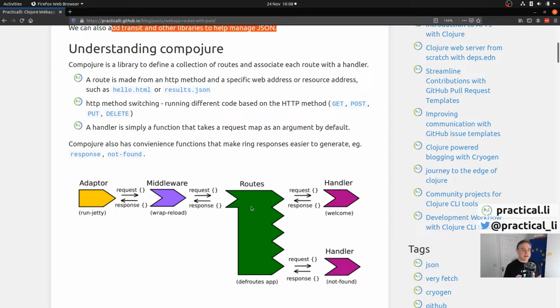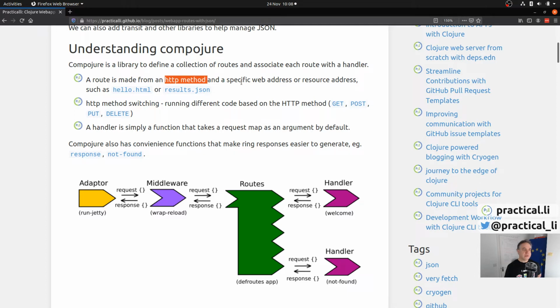And depending on what the address is and what the HTTP method is, so depending on what the route is, and a route is made up of an HTTP method,